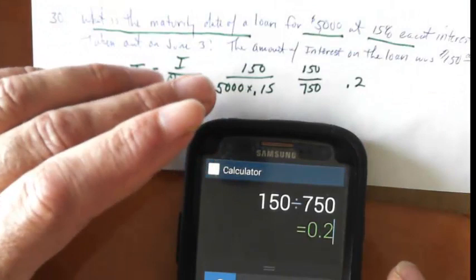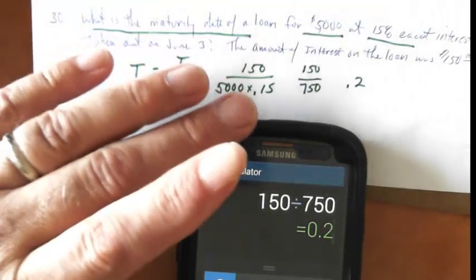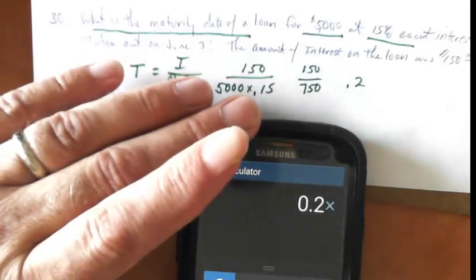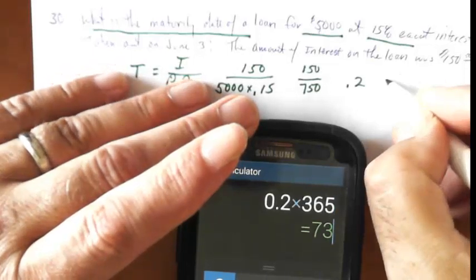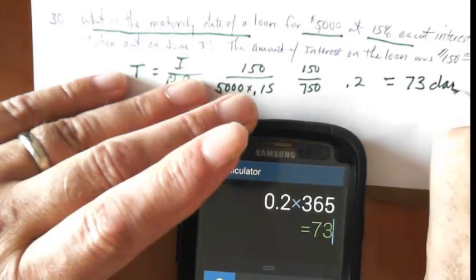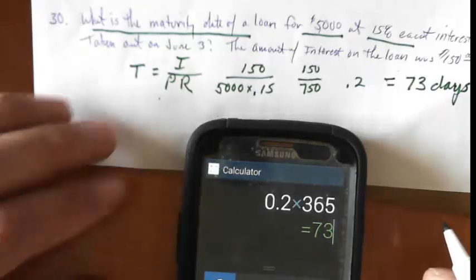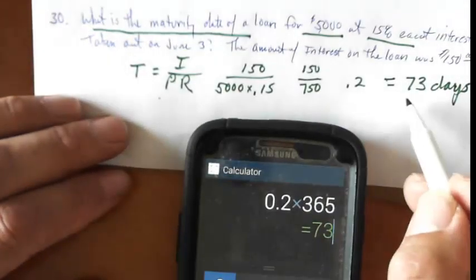Well, we're doing exact because it doesn't tell us we're doing ordinary, so we're going to have to times that then by 365, and that's going to be in days now. So that's 73 days. All right. Well, what is the maturity date? We're still trying to find time. This is how much